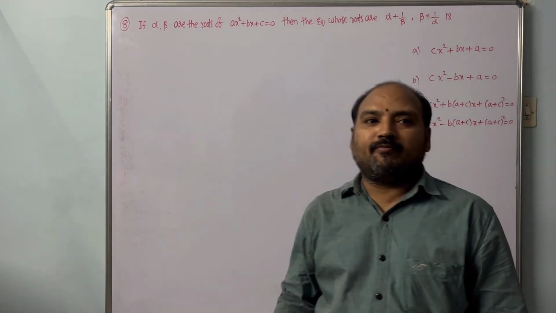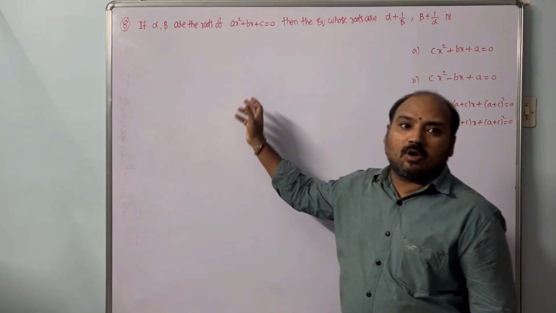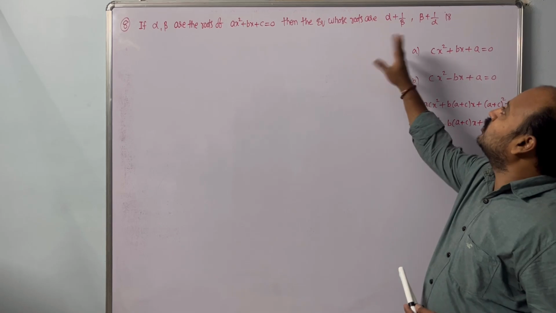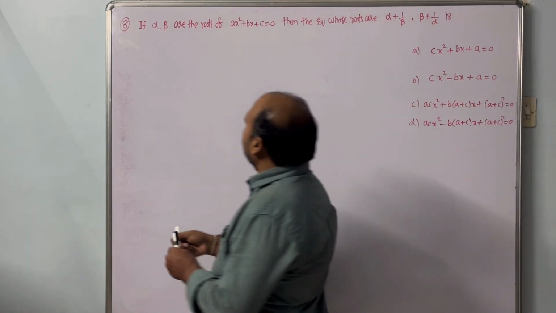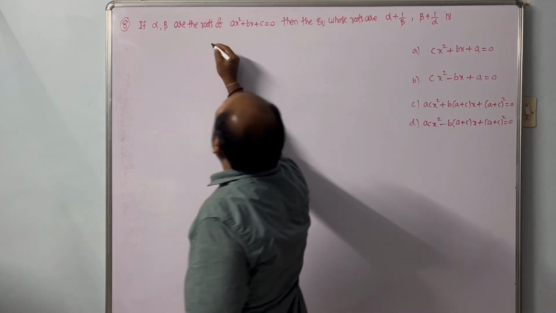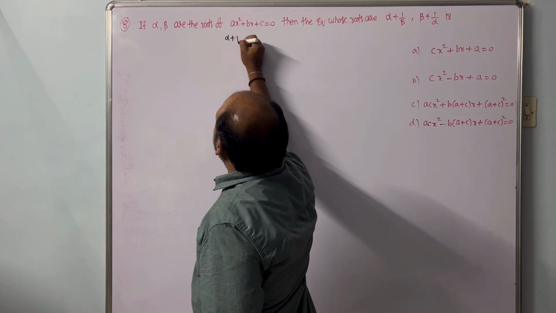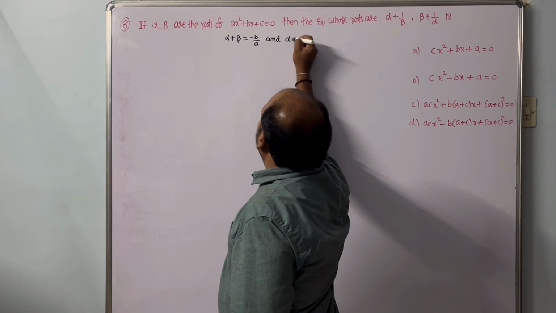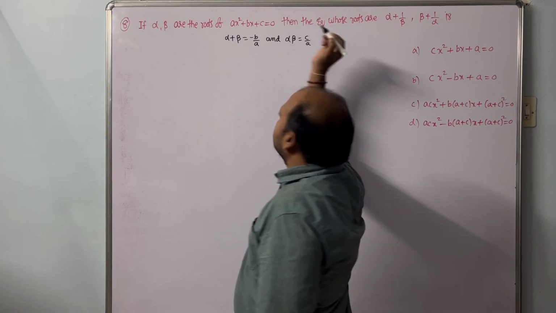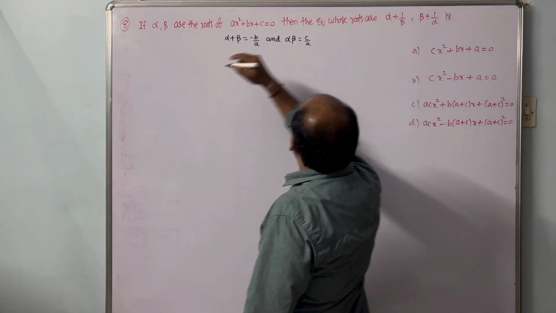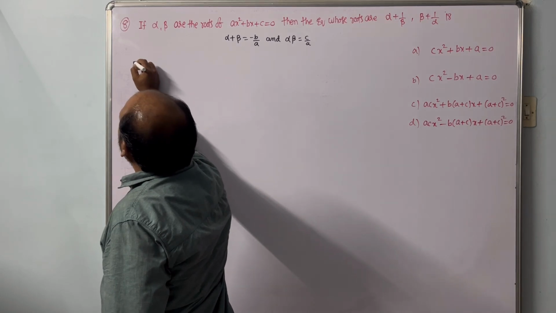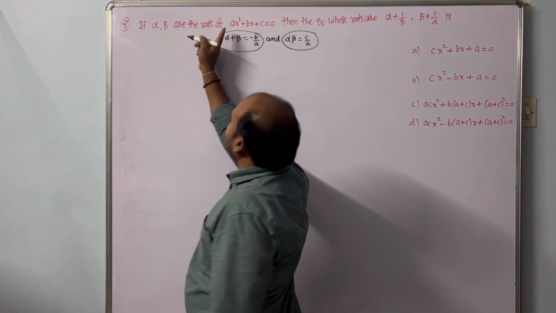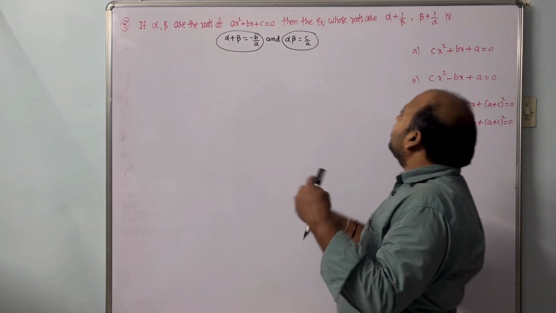The next question. If alpha, beta are the roots of ax square plus bx plus c equal to 0, then the equation whose roots are. So first, alpha, beta are the roots of this equation. Then alpha plus beta equal to minus b by a, and alpha beta is equal to c by a, dear students. Now sum of the roots and product of the roots you can calculate. We already got the sum of the roots and product of the roots of this equation, but they are asking to find the equation of